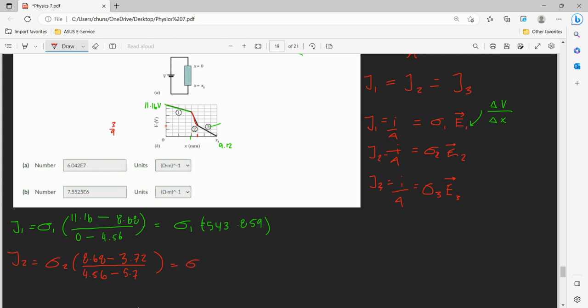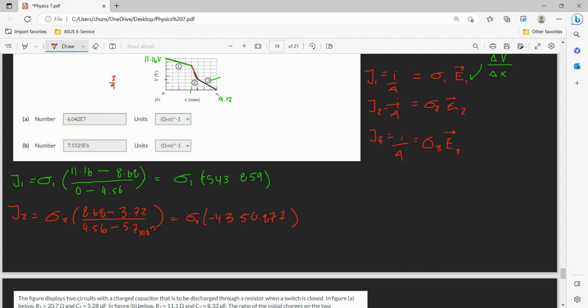This is equal to 8.68 minus 3.72 divided by 4.56 minus 5.7, times 10 to the negative 3. And this is 4,350.877. Okay, and